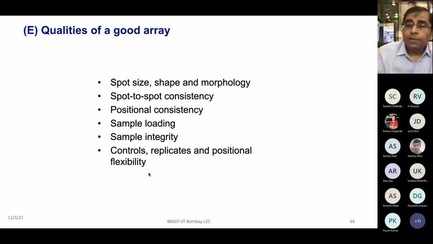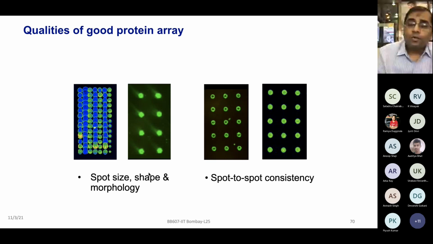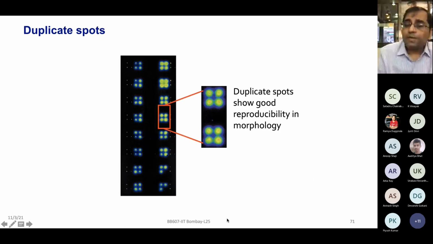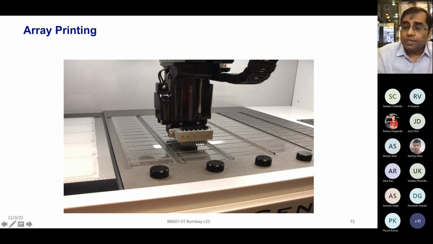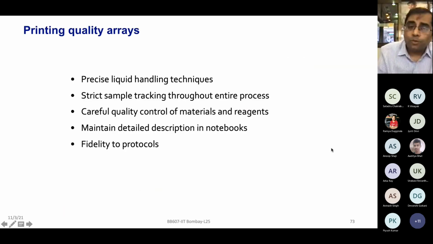The quality of arrays is very important to ensure when you want to do this kind of microarray experiment, because if you start with a bad quality array, you will end up with bad quality data. You want good spot morphology, clean. You don't want this kind of donut effect. You don't want the neighboring spilling effect, and you don't want this kind of spot morphology. So you have to pay attention to these things. A lot of quality control checks go on to make sure the duplicate spots are good, spot morphologies are good, reproducibility is there, printing quality is proper, and cleaning is done well.